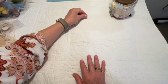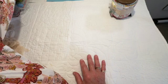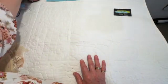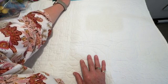There's some more of those little... I will put them in my tin, and then they won't go, and then I won't forget. So, the slow stitching